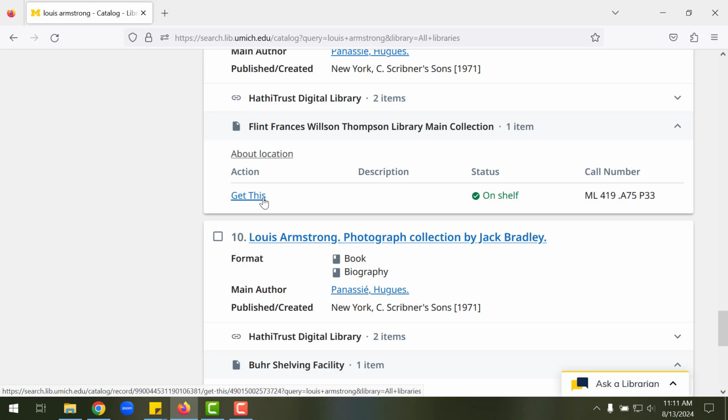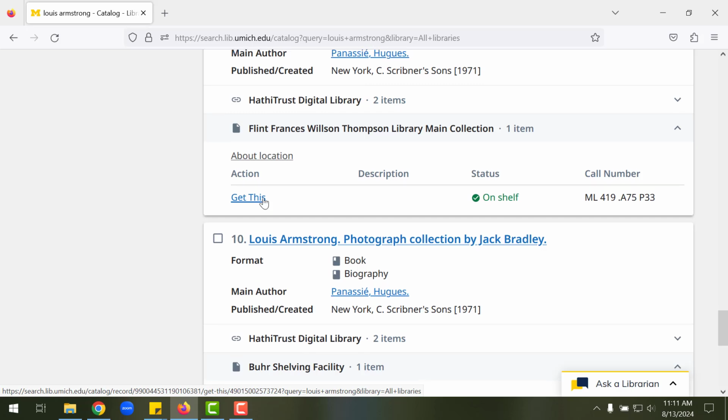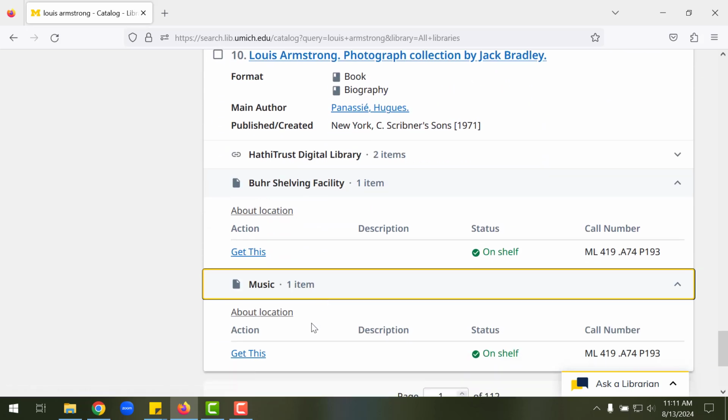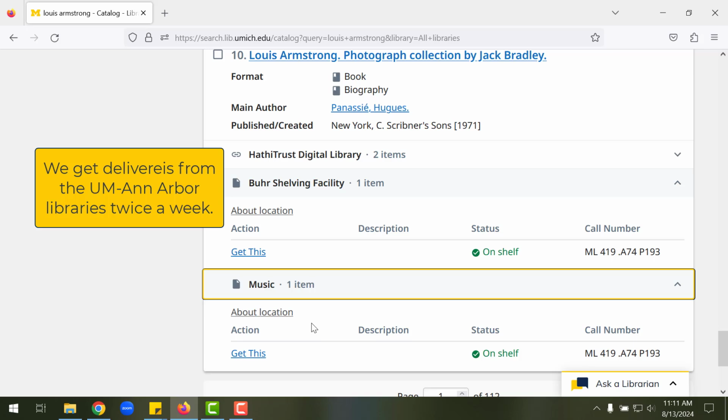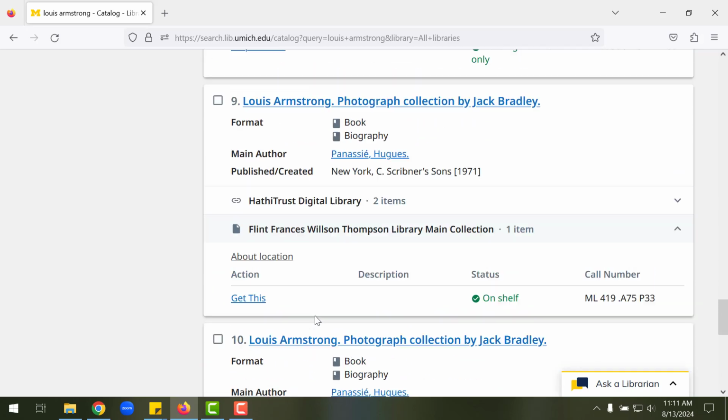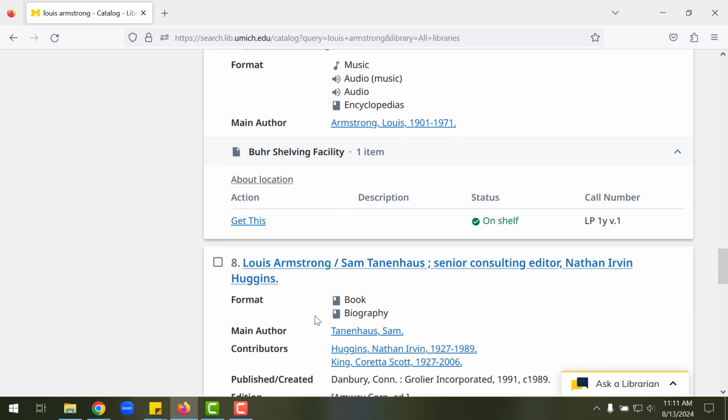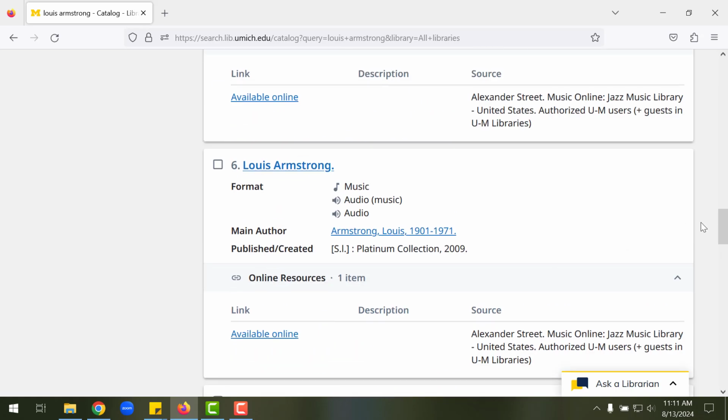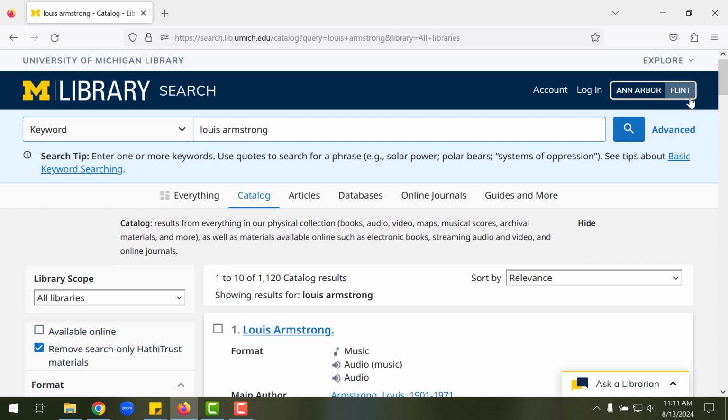We do have another full tutorial on it, but this also will work with Ann Arbor items too, so that you don't have to drive down to Ann Arbor to get them. You can actually pick them up in Flint. Okay. If there is an online resource that you want to access, as long as you are in the Flint